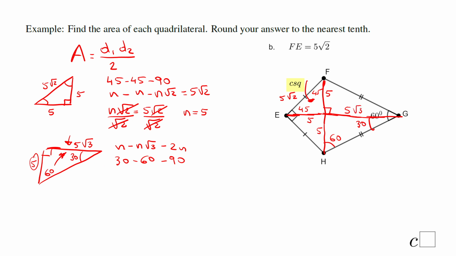Maybe the only thing I will do, I will find the diagonals. So, for example, FH, the short diagonal, will be 2 times 5. Remember, this is the only one that is bisected, so that will be 10. And EG, on the other hand, you have to add those two parts. You could have added the two parts on the previous diagonal also. And we have 5 plus 5 square root of 3, nothing else we can do here. I will keep it like that, and I'm going to go to the area, and that will be the first diagonal, 10 for example. The second diagonal, I'm going to use a parenthesis since we have an expression involving a radical, this one,